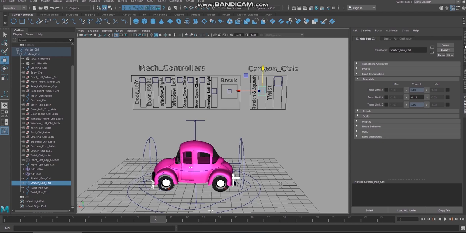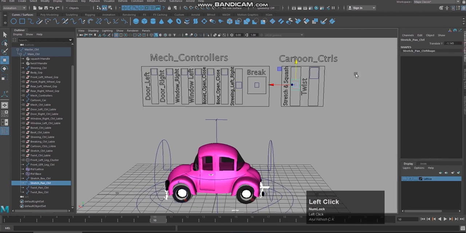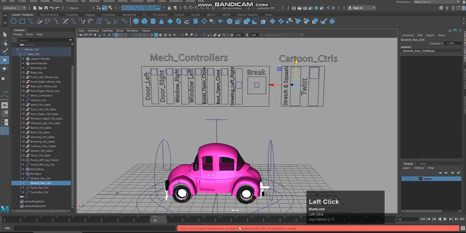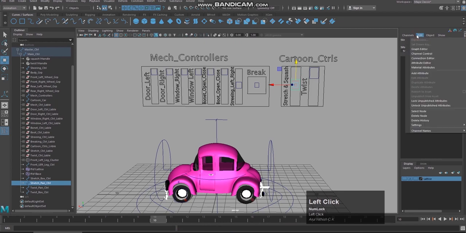Actually we should go to the channel box, select this and give freeze transform in the 0th position here. Then we should set the up and down values. So I'm going to modify and give freeze transform, but it won't work because we have locked many of the attributes of this controller. Okay, so I'm just going to select here and go to edit and attribute.